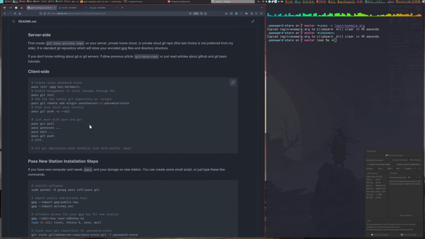On the client side, you just type pass git init and it is done. The Git repository is created in your pass storage, and you just add the remote connection to your Git server with pass git remote add, and where your password storage is present. After all, you just type pass git push -u and so on, and your complete password storage will be stored